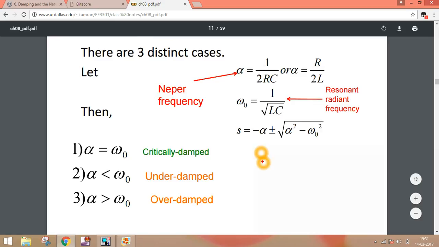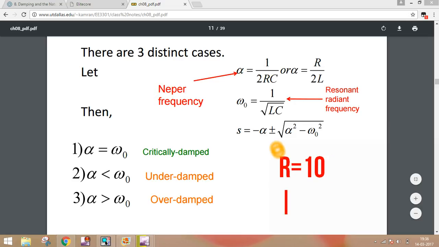Means I want to say, if you set resistance R equal to 10 ohm and inductance L equal to 100 millihenry, sorry, that means if you set R is equal to 10 ohm, L is equal to 100 millihenry,